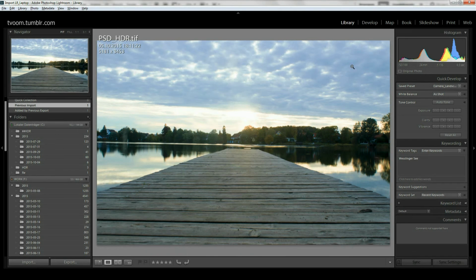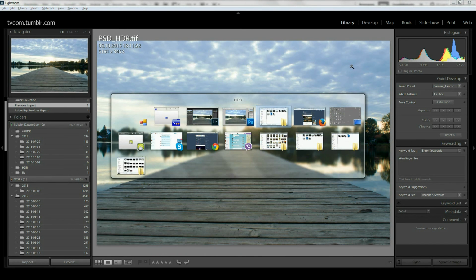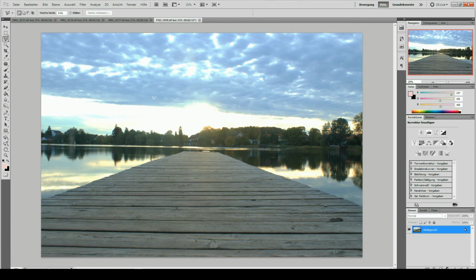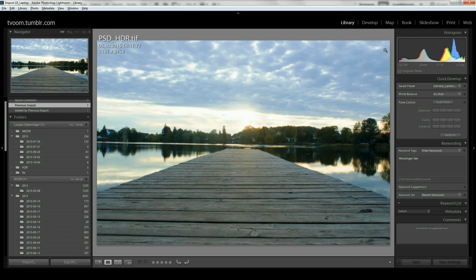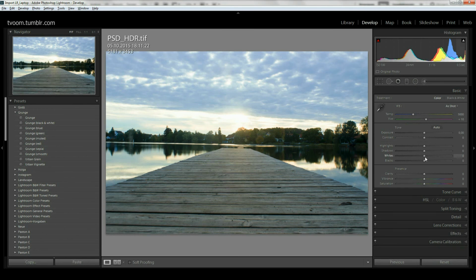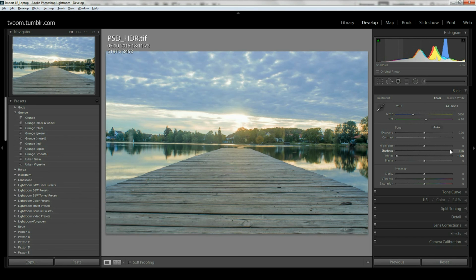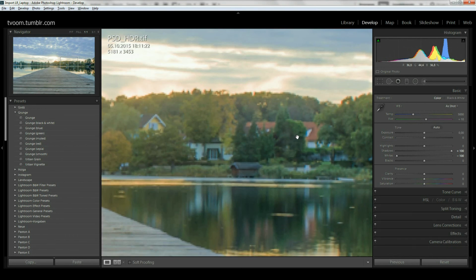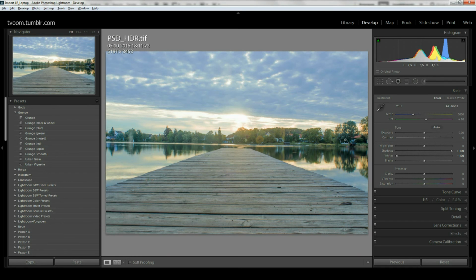So it looks much better than the Photoshop version. It looks completely blown out. And this is Lightroom. Okay, really cool. But now we can tone map it. The whites down, and you see, oh, a lot of information. Bring the shadows up. See what an enormous amount of information is still there. That's really cool. You can even bring the blacks up,